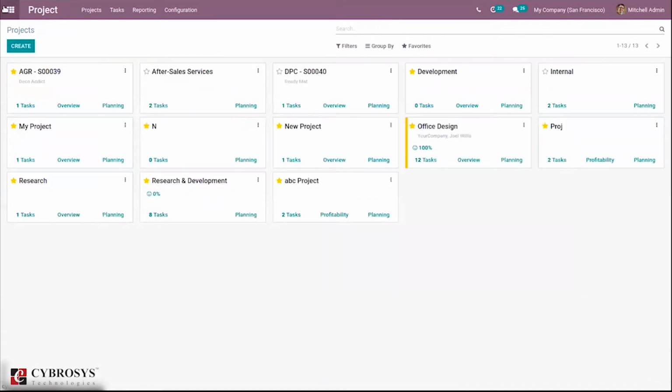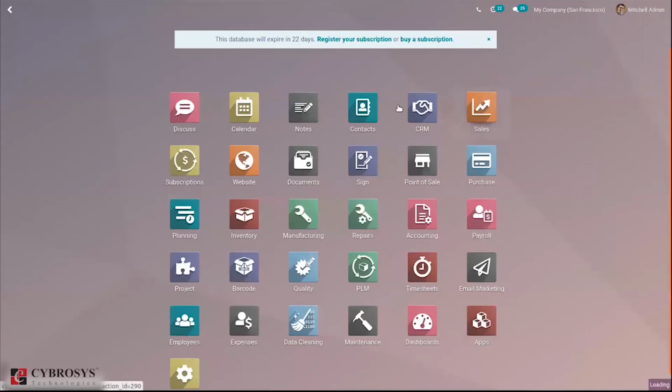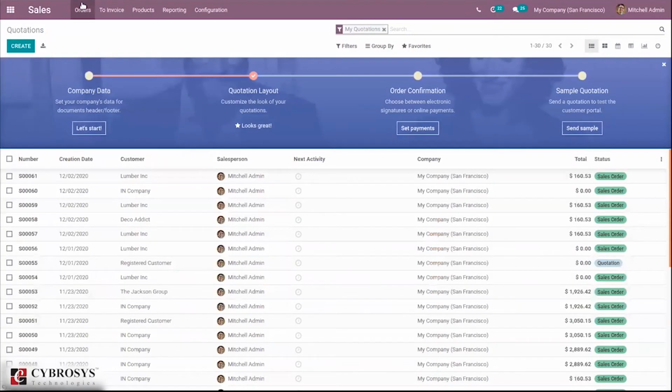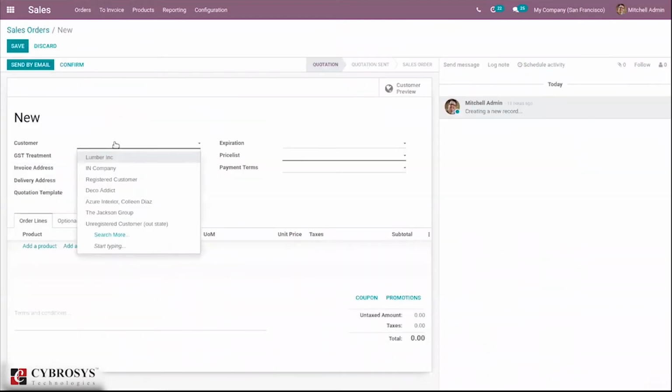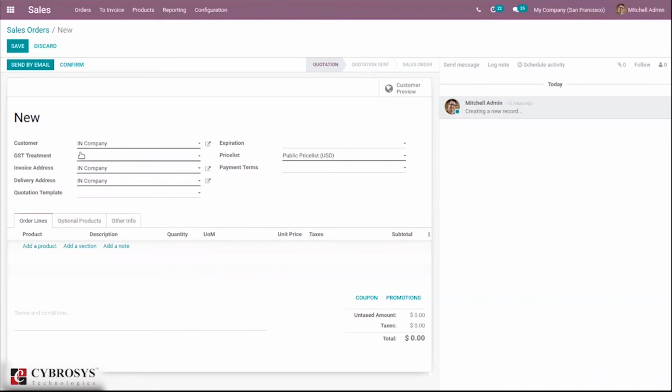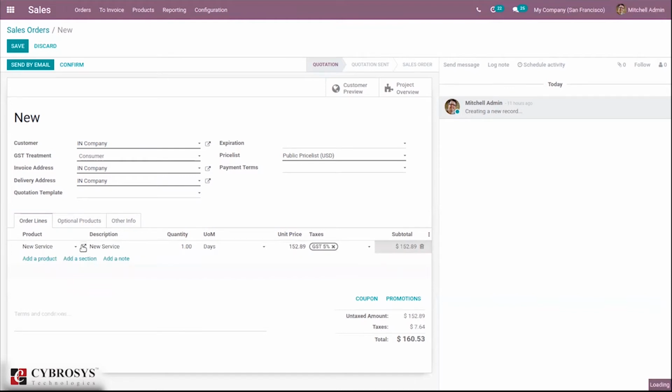So for that, first let's go to the sales module and create a sale order. Let us create a sale order for a task under this project. Okay, so choose a customer here and add a service product. So the service product is considered as our task. Okay, so I have already created a service product, new service, and here when you put external link, you can make some changes. I will show you something.